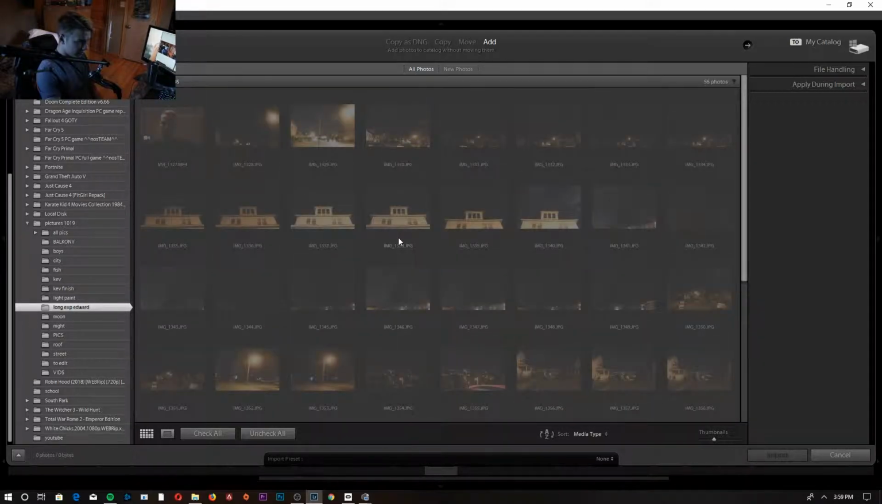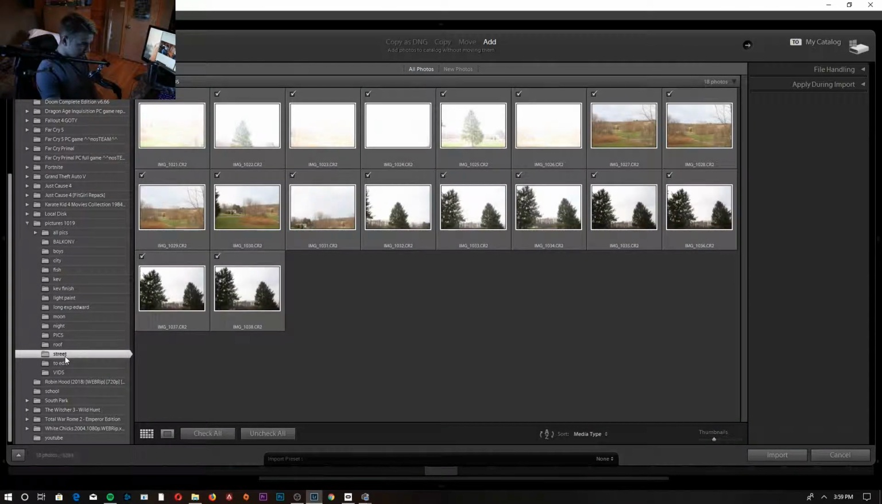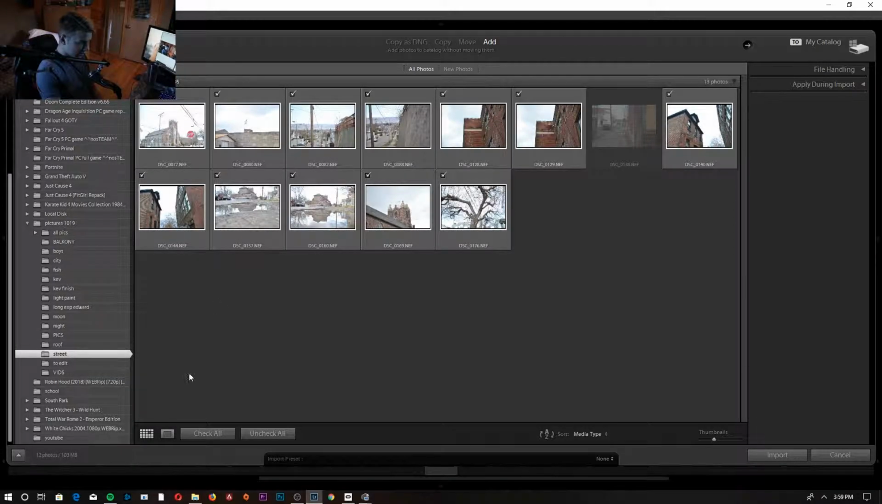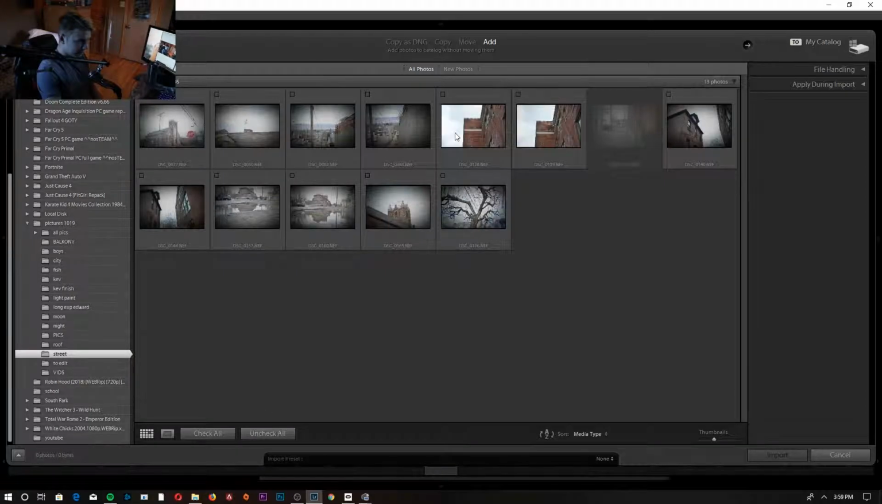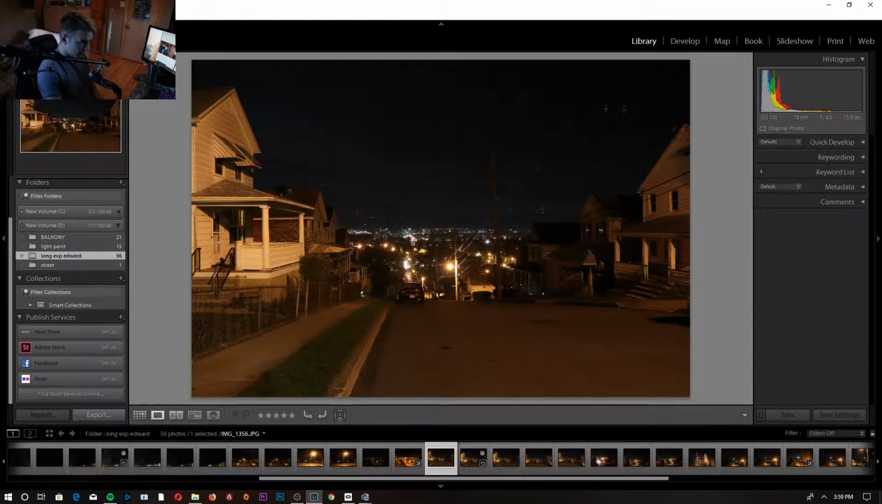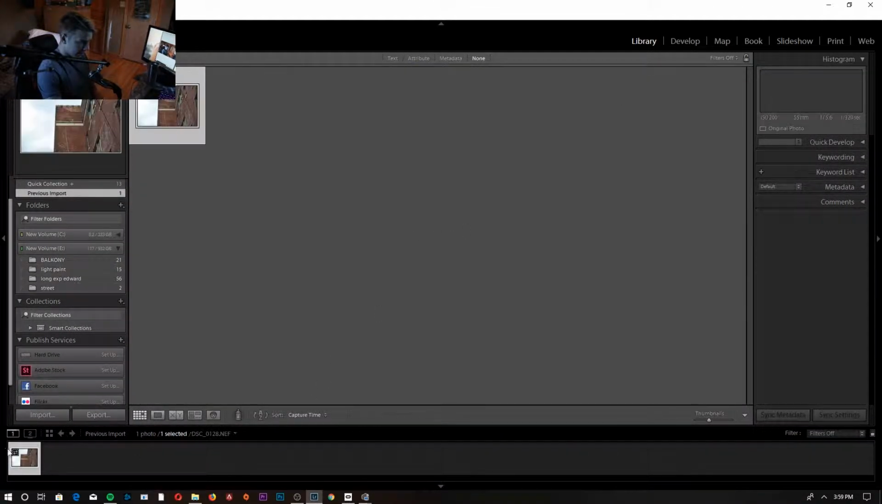And it's just going to load them, and doesn't want to bring them in. I guess they're already imported, so I have to show you guys another one. Let's do street, and then you can check all or uncheck all. I'm going to uncheck all, and then pick one of these. So this is what I'm going to use. And you press import, and we'll just go down here. So now we're going to go to the develop tab,